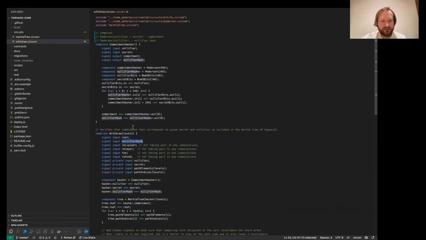And note this: those two hashes, for an external observer that doesn't know the secret number, seem like two completely different random numbers. So from nullifier hash, he cannot guess commitment and vice versa.